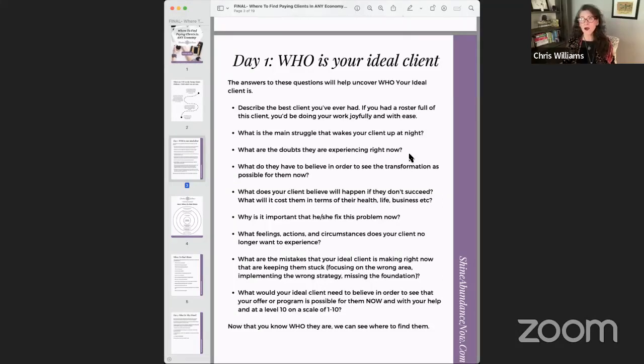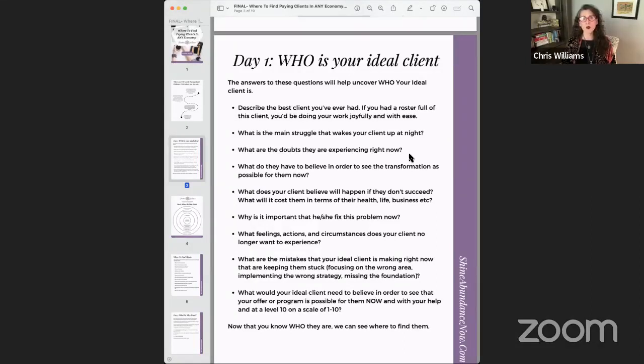Another thing that I like to think about under doubts are myths. What are some myths that they might be believing are true about their problem? For example, going gluten-free is really hard. Maybe if you're in the health coaching arena and you want to help somebody go gluten-free, they might be thinking, you know what, it's going to be too hard. It's too complicated. It's going to cost too much money. My family's not going to like the food, right? It's going to be hard to stick with. Going to be expensive to buy groceries, whatever that is. So I want you to uncover, what are the doubts that they're experiencing right now.